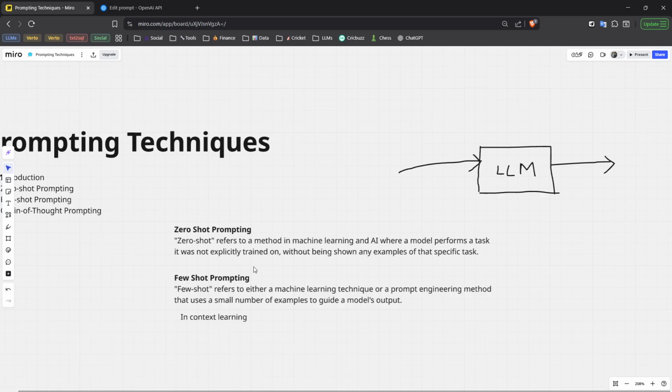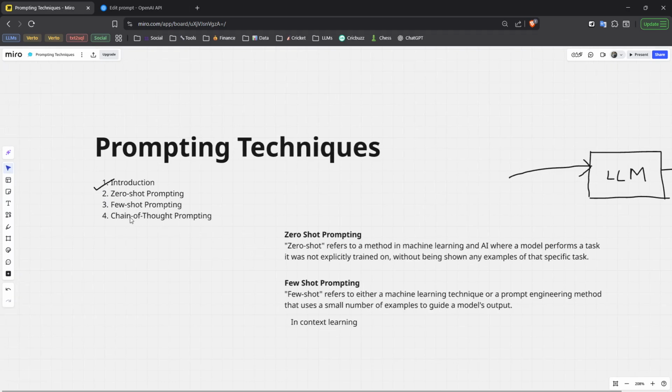Now this of course has its own drawbacks, and that's something that we'll discuss in the next video, where I discuss the chain of thought prompting. But for this video, I think we developed an understanding of what a zero shot prompting is, where it has its own drawbacks, and how few shot prompting helps us overcome that.